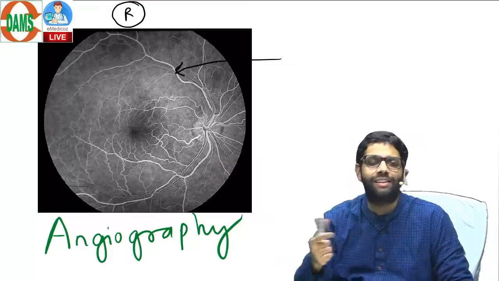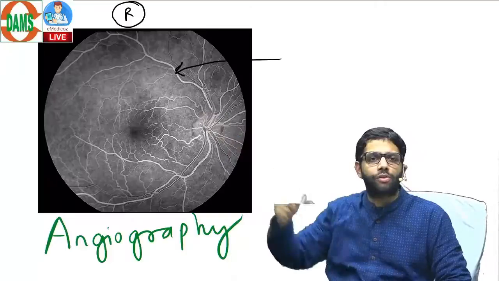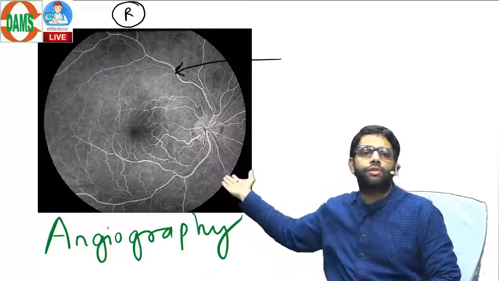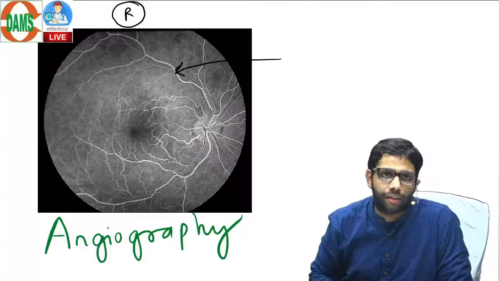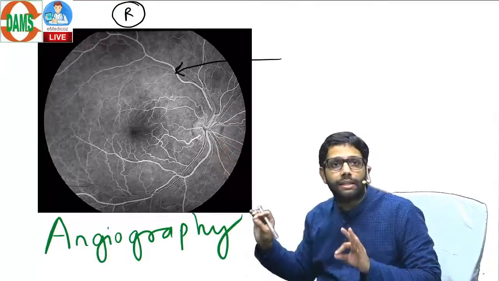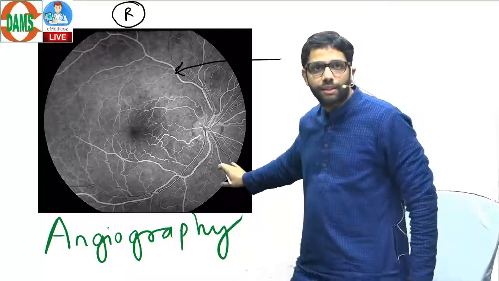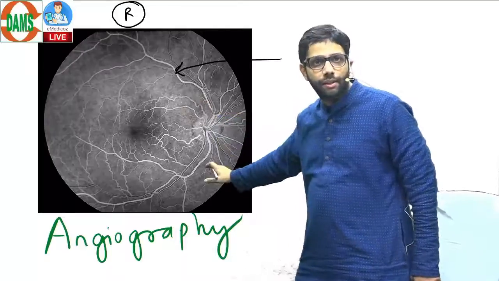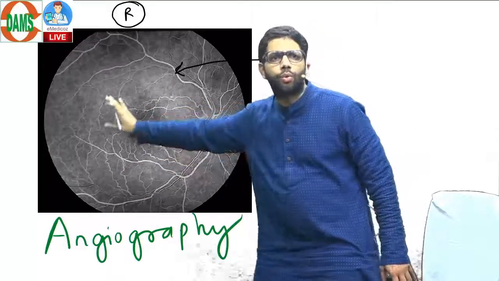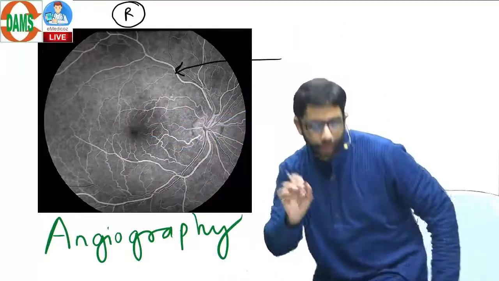Because of the inner and the outer barrier. Why is it not coming out of the retina vessels? Because of the inner blood retinal barrier. Why is it not coming out of the choroidal vessels? Because of the outer blood retinal barrier. So the dye, white is the dye, is remaining inside the blood vessels of the retina and choroid. You can appreciate these which I have marked, these are the retina vessels, dye is not coming out, and everywhere in the posterior you can see a whitish hue because choroid also contains dye. But now a very important point.